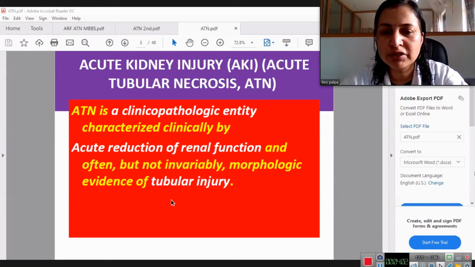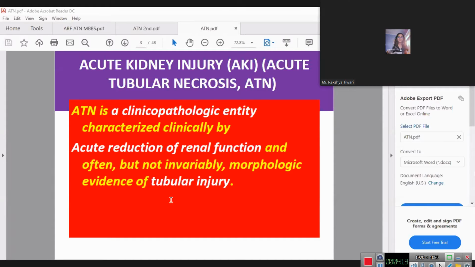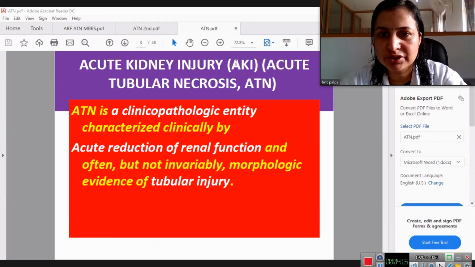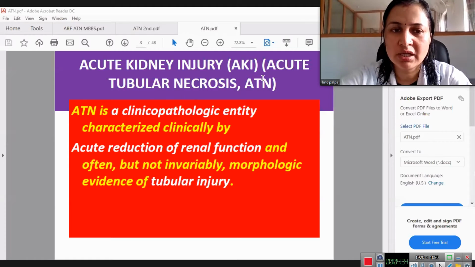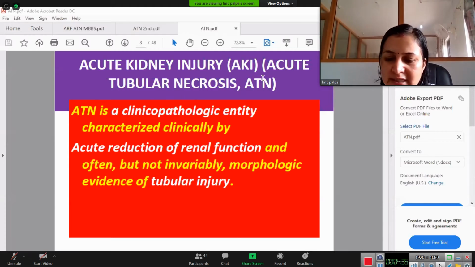So what is the most important function of the kidney? Yes, Ramita was trying. Concentration. Formation of urine, not concentration. Yes, the function of the tubule is concentration of urine. I'm asking overall. So overall, formation of urine, isn't it? So if urinary output is reduced, if the patient goes into oliguria and anuria, and along with that there are many metabolic symptoms, then we have to understand that it is an acute condition, acute kidney injury. Suddenly there are all those changes.